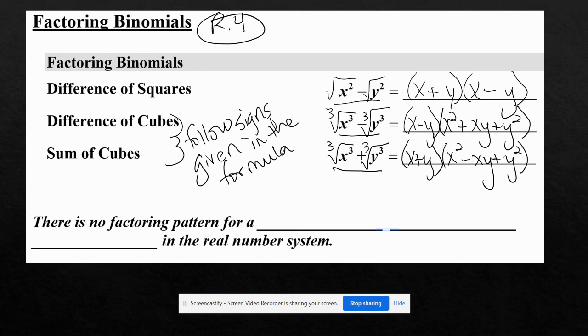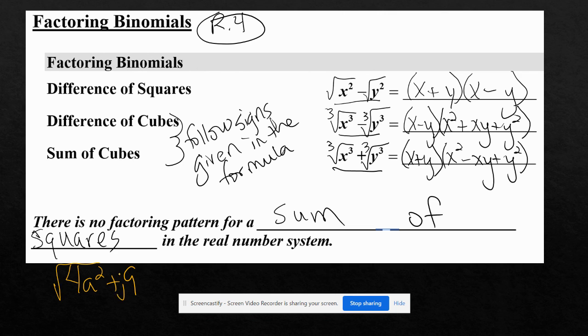There is no factoring pattern for a sum of squares in the real number system. All right. So that would be, for example, if you had 4a squared plus 9. Okay, 4a squared is a perfect square, plus 9 is a perfect square. But if I took the square roots, I would get 2a and 3. And the only way to make this a positive would be if these were both minus or they were both